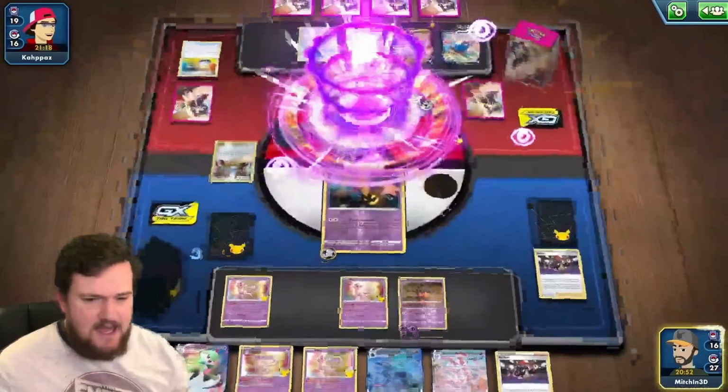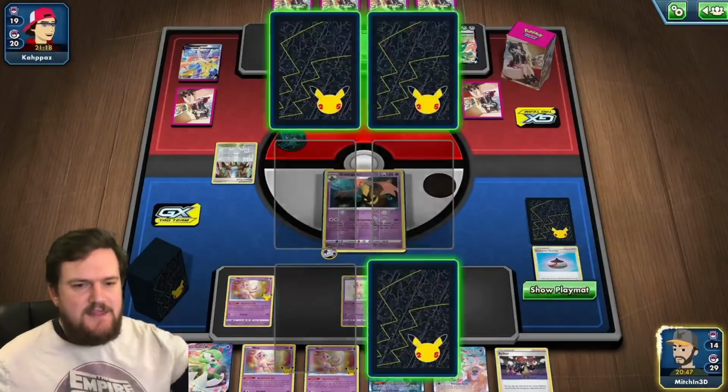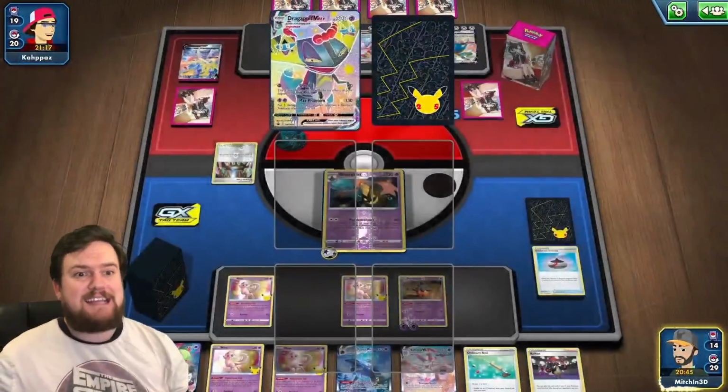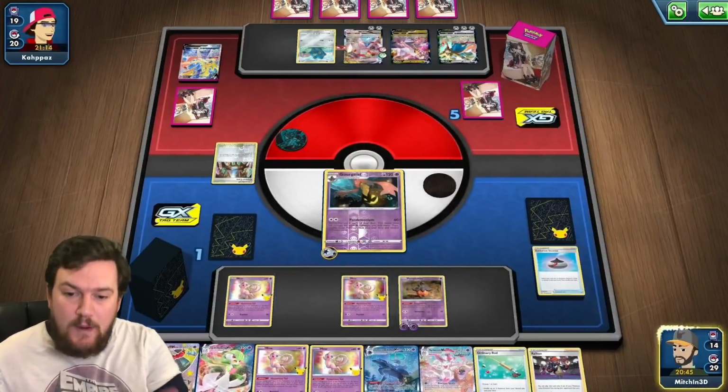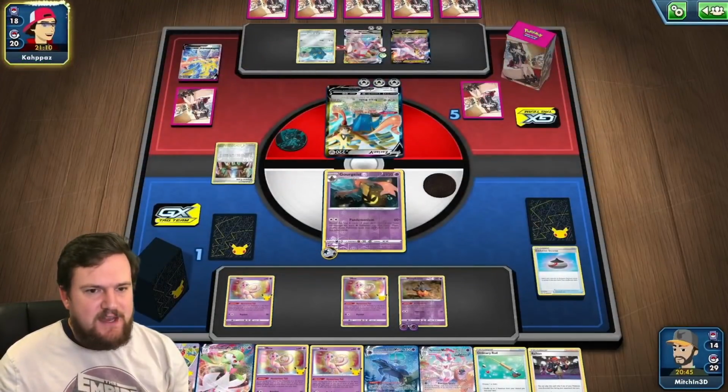Okay, so we take the knockout. Looking good. And remember, every turn that we take knockouts, our opponent is more likely to be KO'd by us, because we remove cards that aren't Pokemon from the deck. So that's really, really